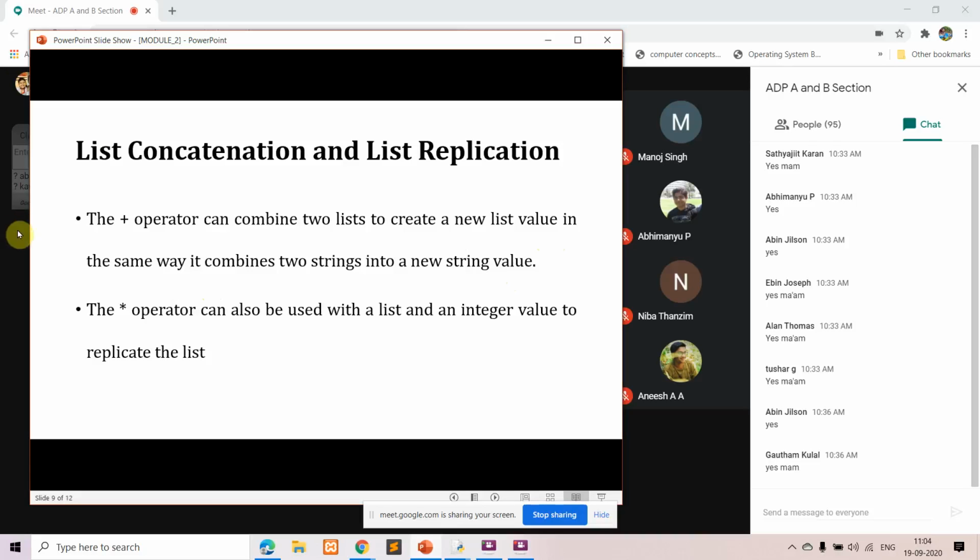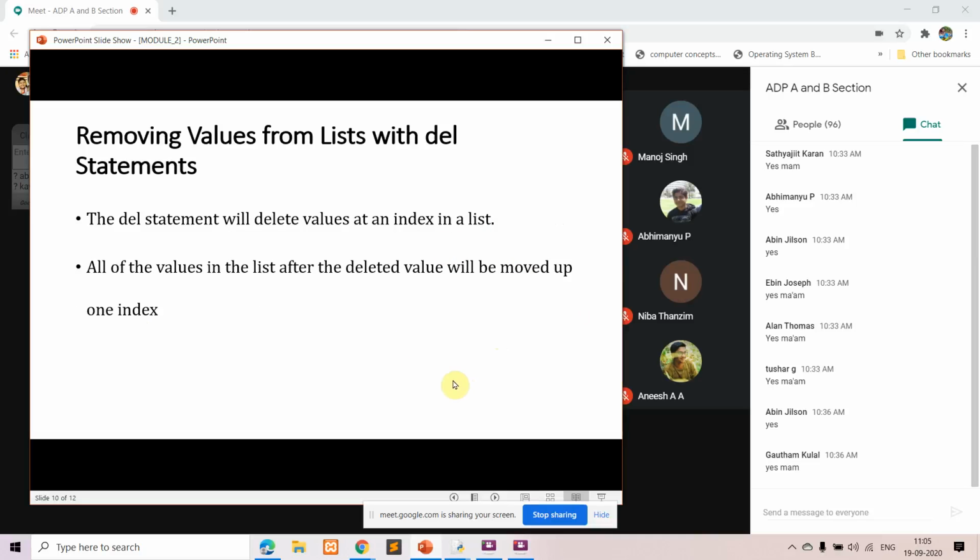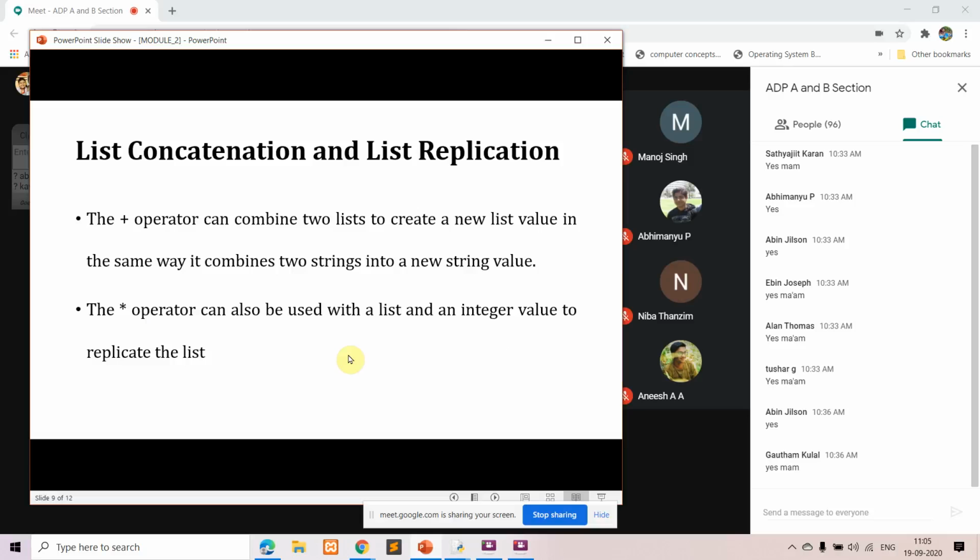Here we'll see how the list can be combined. Similarly, star operator can be used with a list and an integer value to replicate how many number of times the replication should be done. That is nothing but the integer value. Suppose you want to replicate the value thrice, then you can give the integer value as 3.